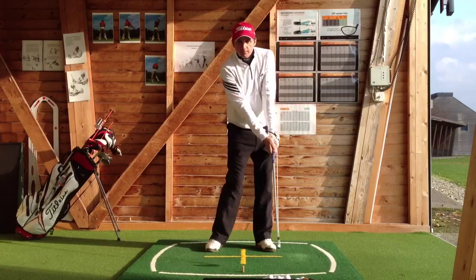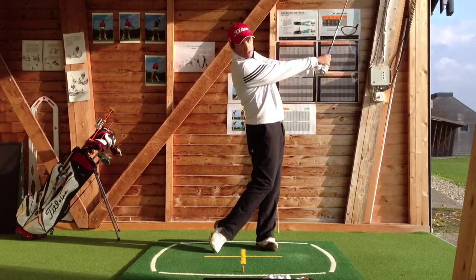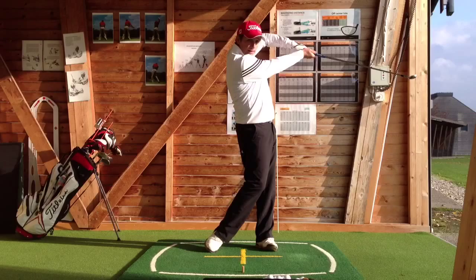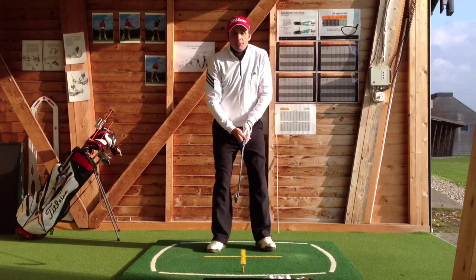You may have seen that my hands have turned over slightly. This is just allowing the club to naturally swing into the follow through. You don't want to block the hands here. It's very important, this half swing